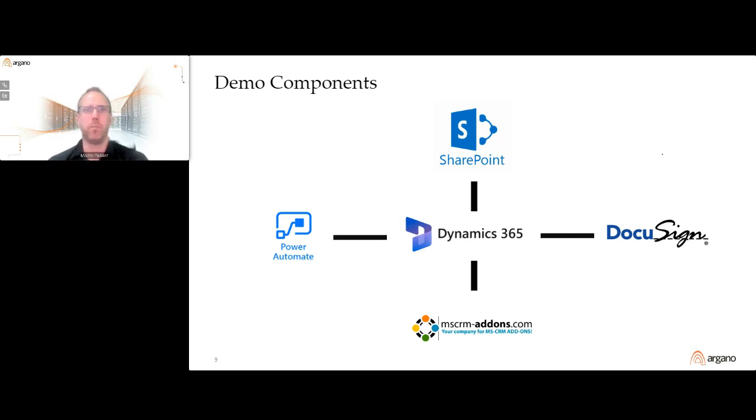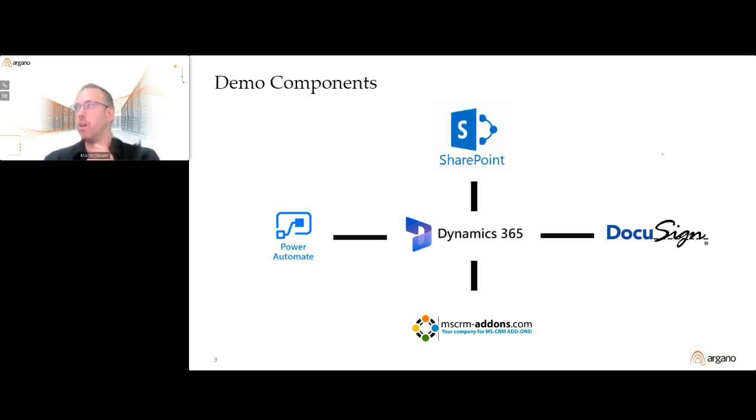Then on the bottom, we have the MS CRM add-on. It is also not a Microsoft product, but we're going to use it to streamline any document with some variable content. What I mean by that is, let's say you have a Word document, and on the top it says your client name. Instead of being done manually, where you write that my client name is Bob, we attach it with the add-on, and with D365, it will locate the client name automatically. So when you send the contract to the client, everything will be done automatically, and you're going to see it in the demo.